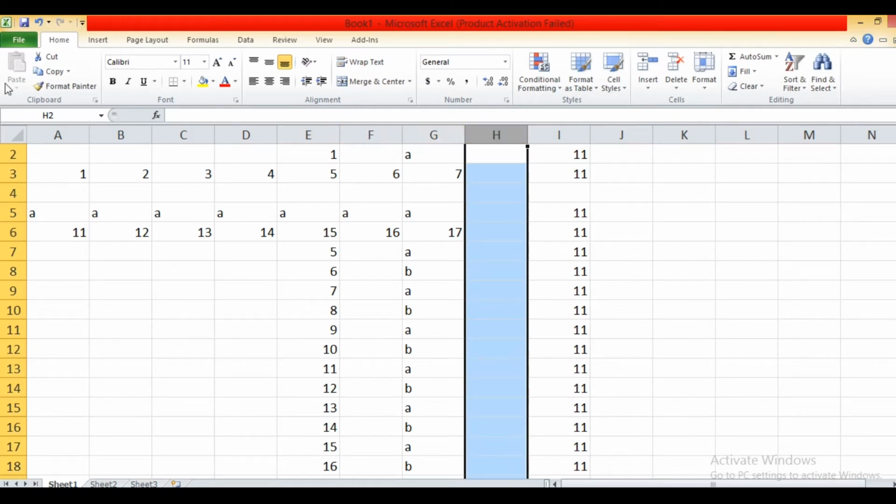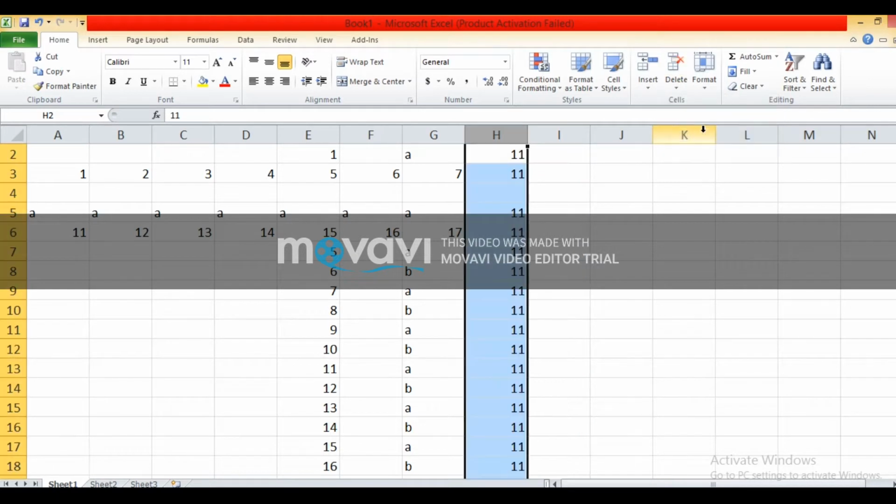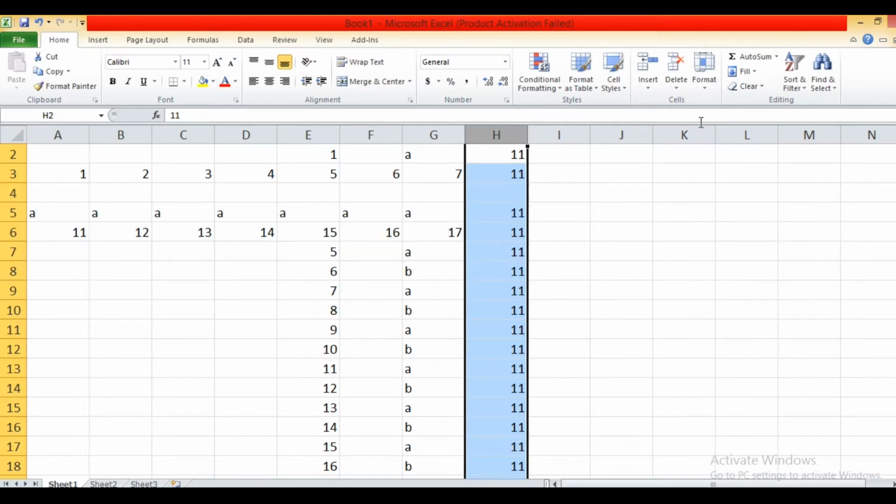Then click on the Home tab. Choose Delete from the Cells group. Then Delete Sheet Columns. The column gets deleted from the worksheet. Now I think all of you are clear how to insert and how to delete a row or column in the existing worksheet.